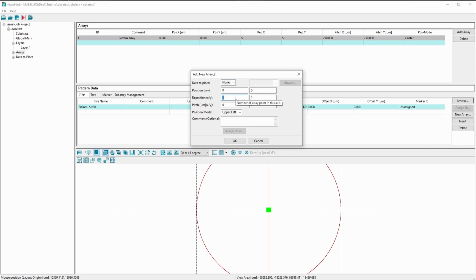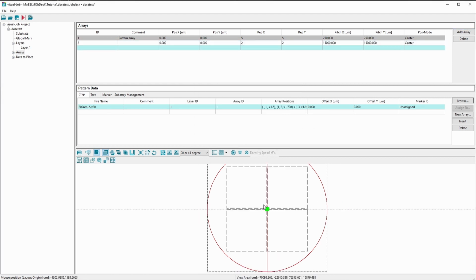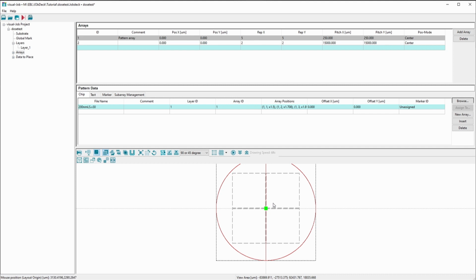To fill out the 4 quadrants of the wafer, we choose a 2x2 array. And to space it out on a 2-inch wafer, we will step them 15 millimeters apart. And I always center my arrays. Now we click OK. And you can see now we have 4 empty arrays, or we have 1 empty array with 4 elements. Now the key to getting the pattern into these arrays is then to go down to the